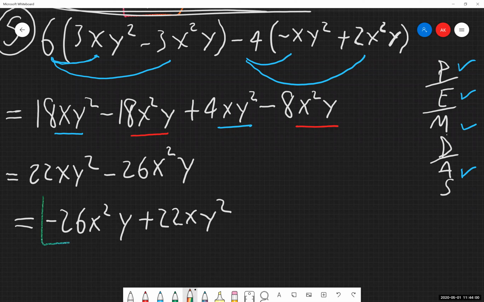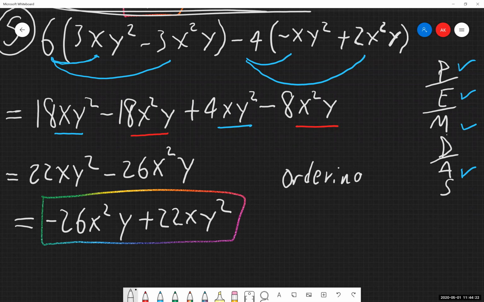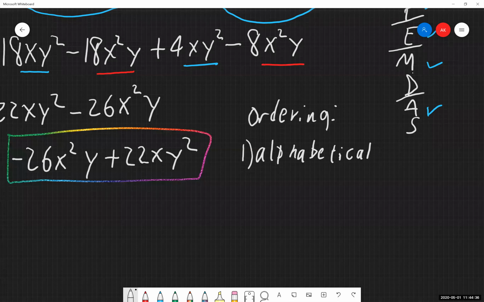So if you're going through parts on the homework and you're seeing, well, I've done everything correctly, but it doesn't like my final answer. Maybe it says something about syntax form or something in that regard. Does not mean your answer is inherently wrong. You may just need to rewrite it in that regard. So again, that ordering. First by making it alphabetical, and then by descending powers.